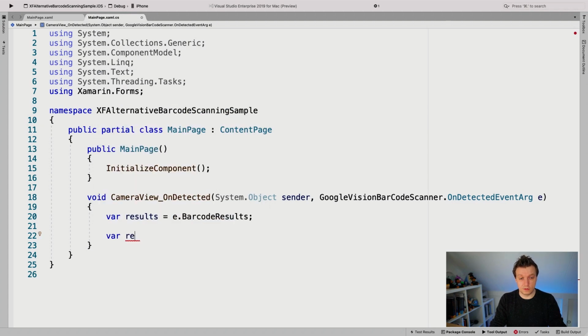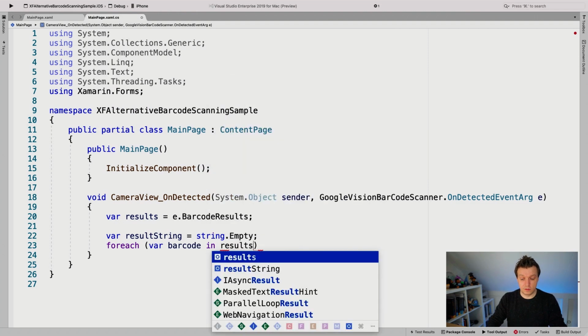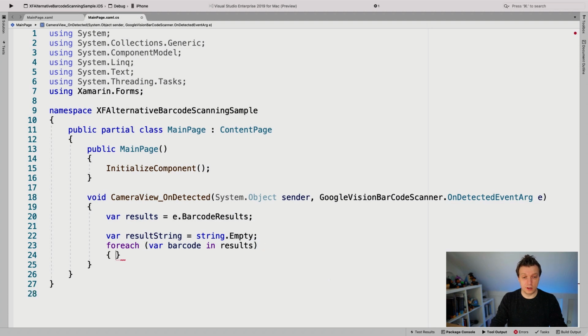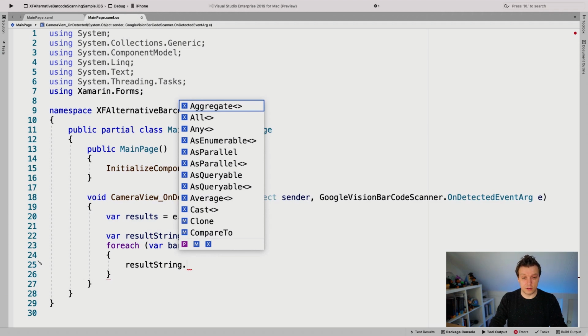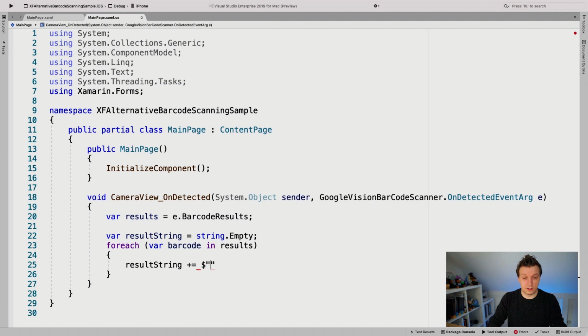var result string is string.empty first. Well, let's keep it empty, and then we're going to say for each barcode in results. Oops, we're going to loop through it, and we're going to say result string plus, let's make it like this, let's do a little string interpolation here. And there's a couple of things that you can do here. So we can first say